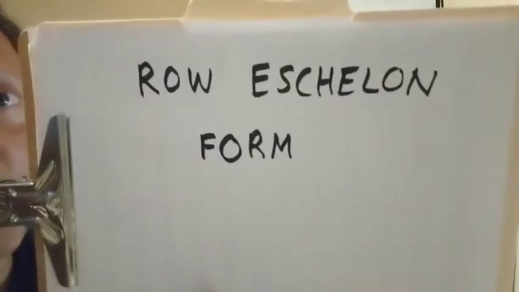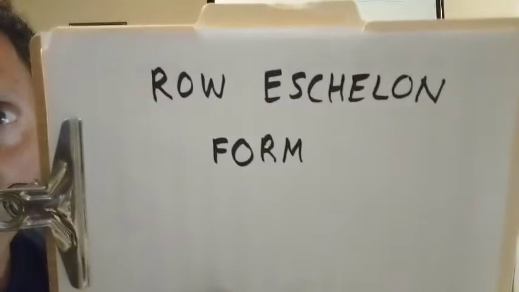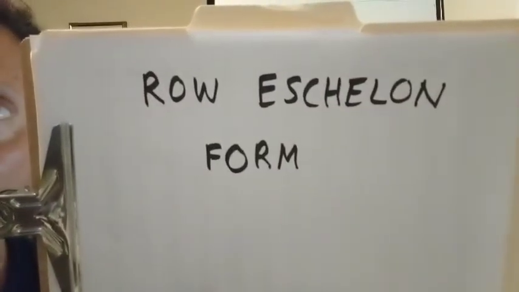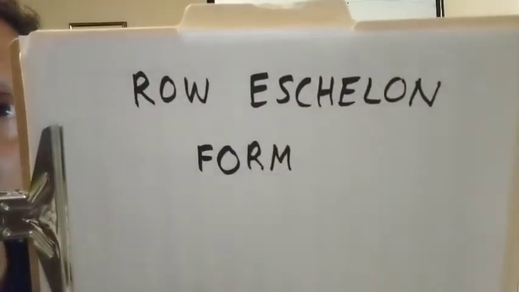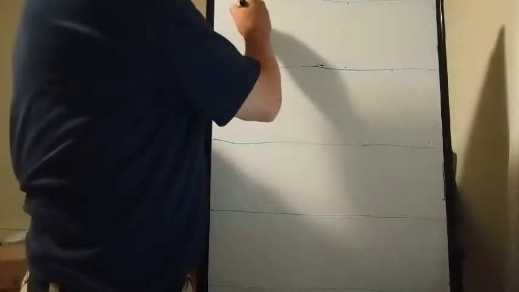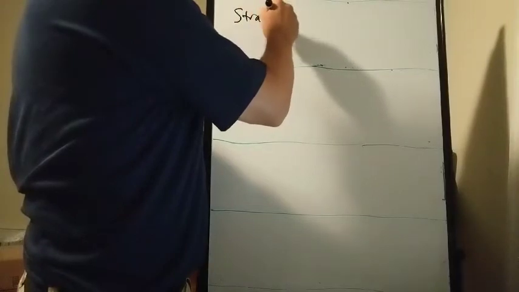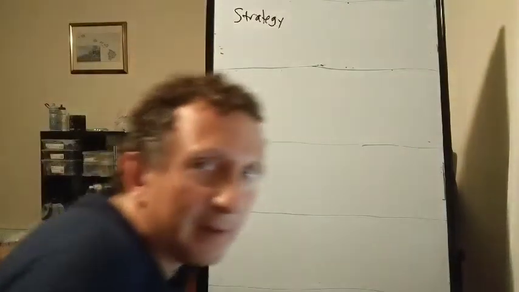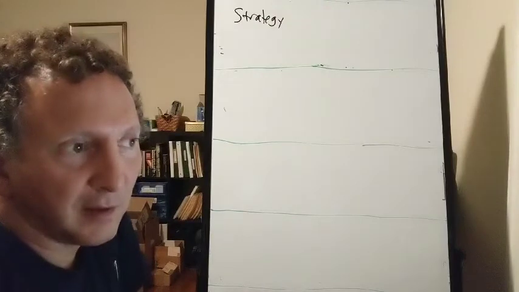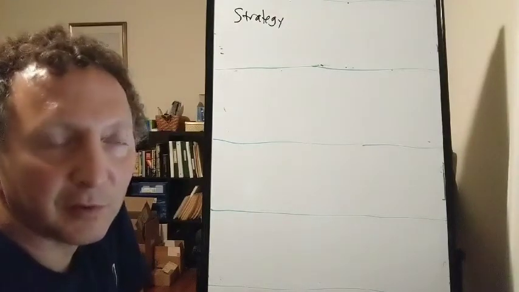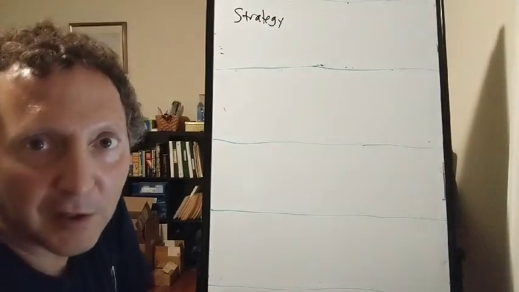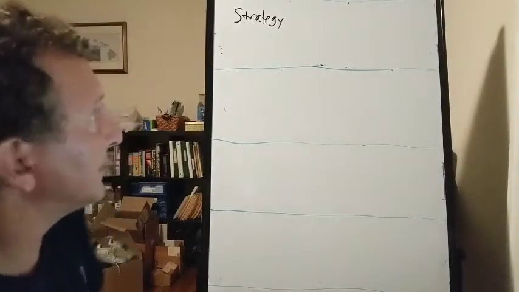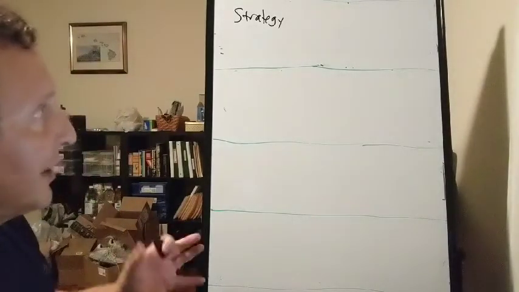In this video, I want to talk about special matrices, which are a little bit like upper triangular matrices, and they're called matrices in row echelon form. The reason that these matrices are important is that they correspond to linear systems of equations that are easy to solve. So our strategy for solving